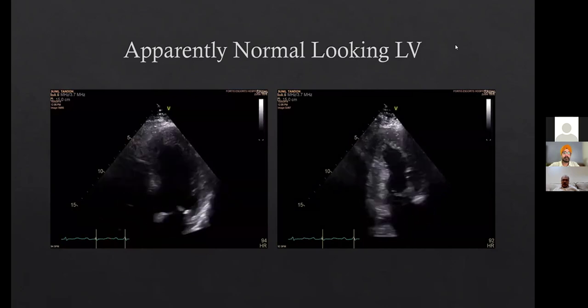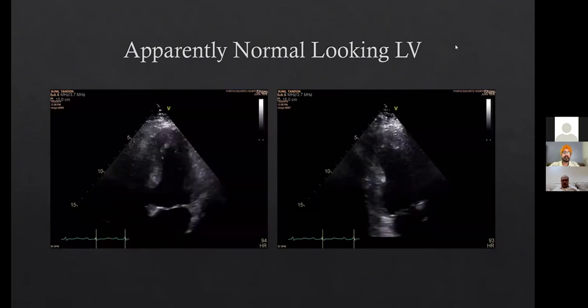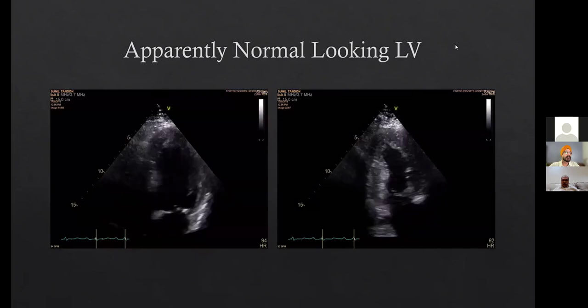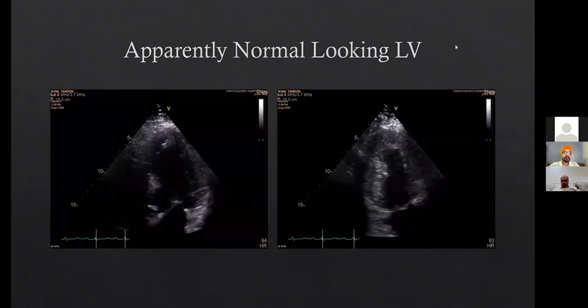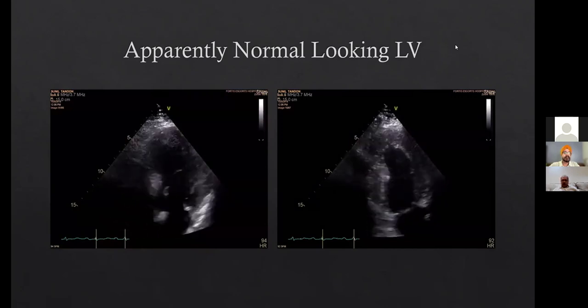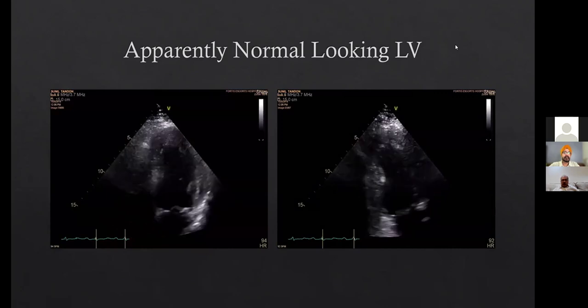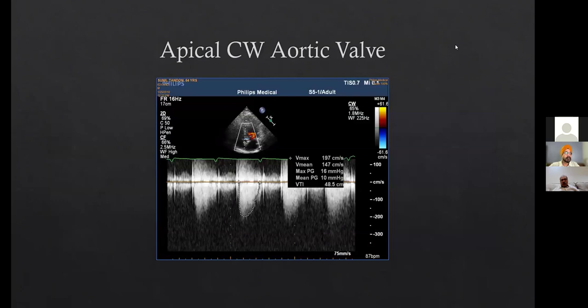The issue is that there is concentric left ventricular hypertrophy. You have auscultated, you have found a grade 3 murmur. You are not sure where it is arising from. You look at the apical continuous wave aortic valve Doppler, and the max PG is 16. Mean PG is 10. But what are you doing? You are doing a